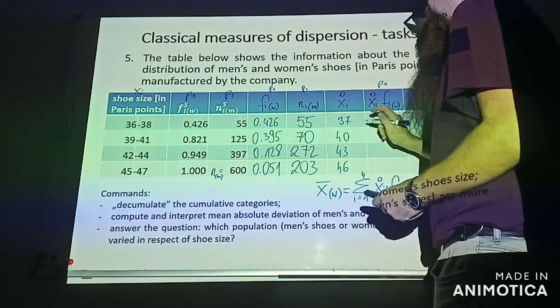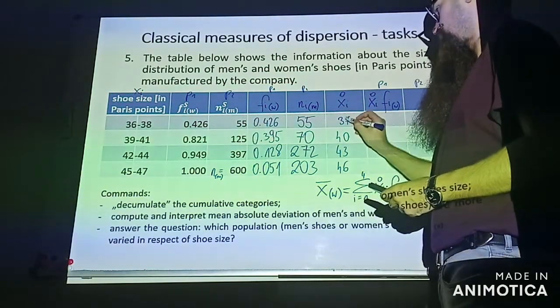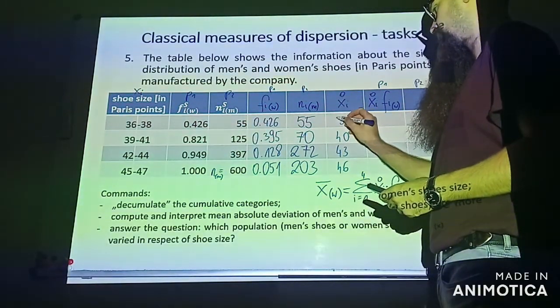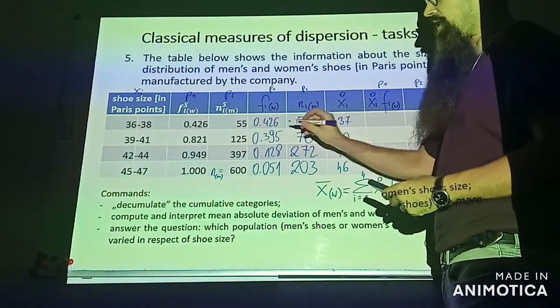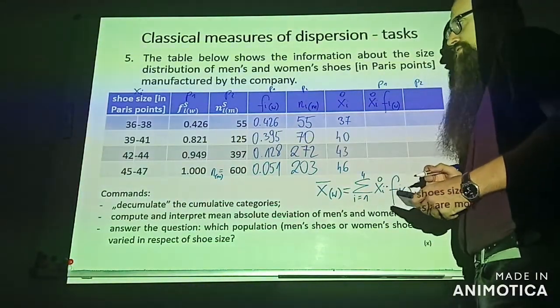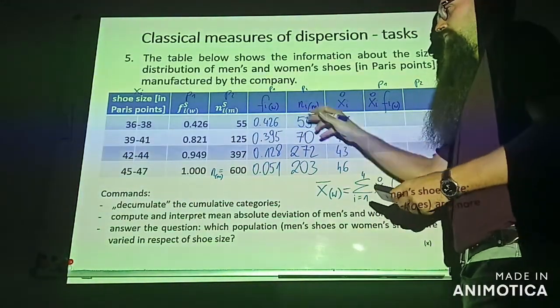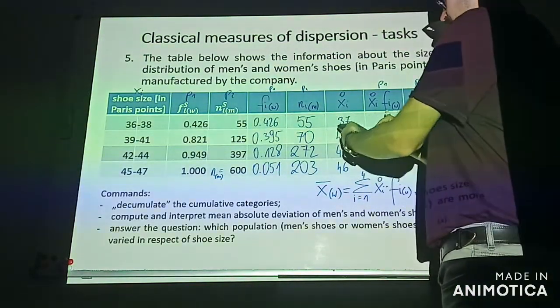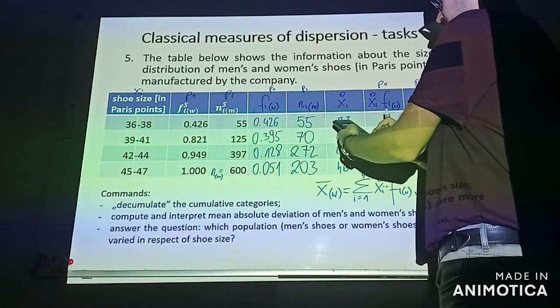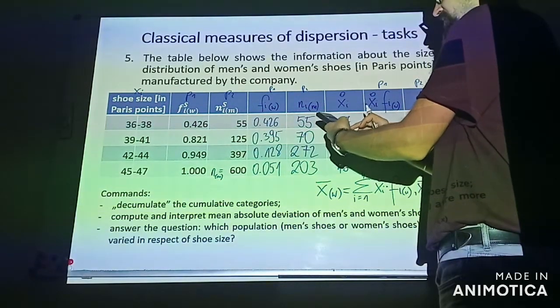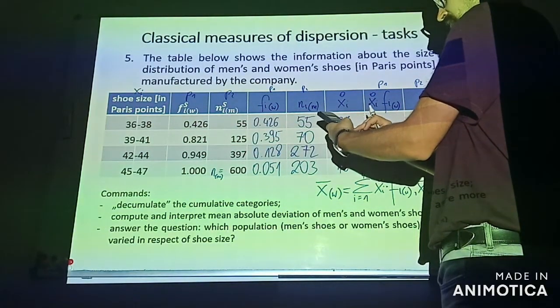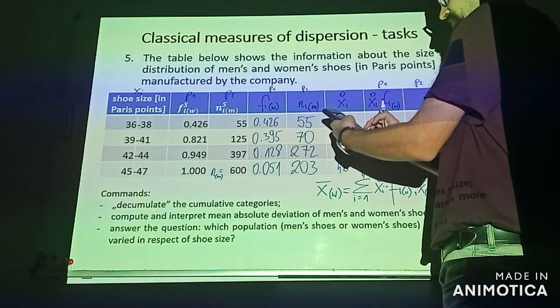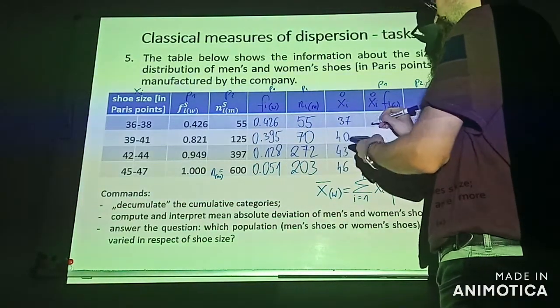So first I multiplied 37 by the first relative frequency connected with the women data, 0.426. 37 multiplied by 0.426, and the result is